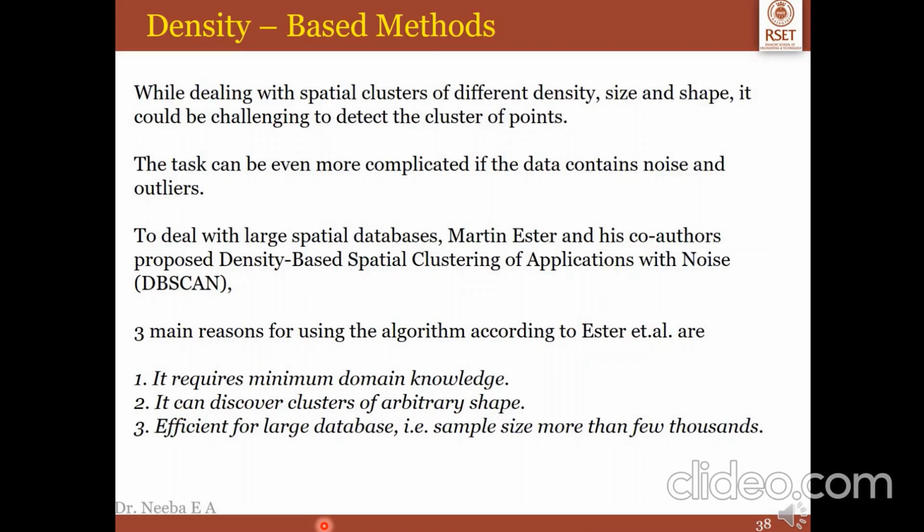Three main reasons for using this algorithm according to Ester are: it requires minimum knowledge, it can discover clusters of arbitrary shape, and it is efficient for large databases, that is more than a few thousand data points.